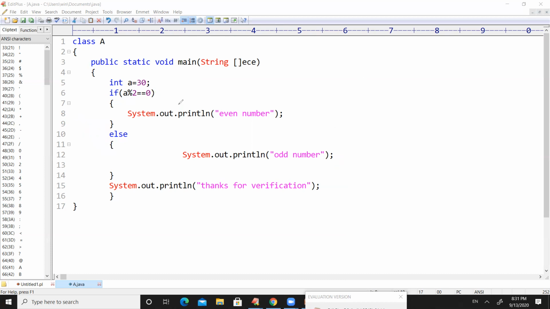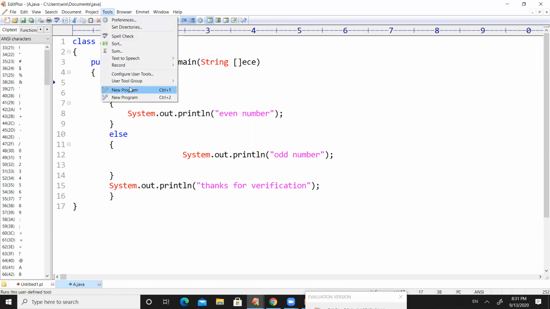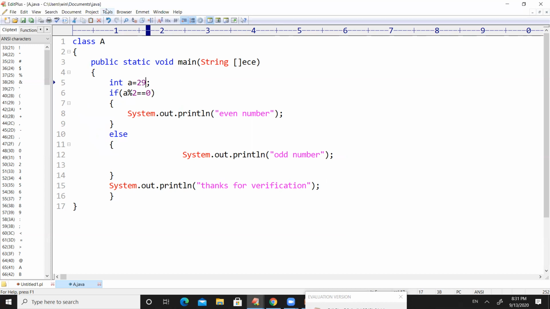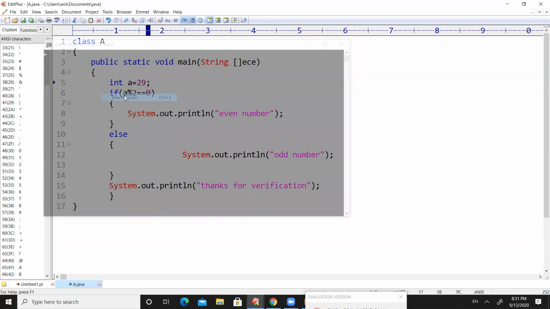So I'm clearing all these drawings, and I want to verify whether the given number 29 is an even number or an odd number by using my program which was written on the screen. Just compile the code, there are no errors, and then run the code.